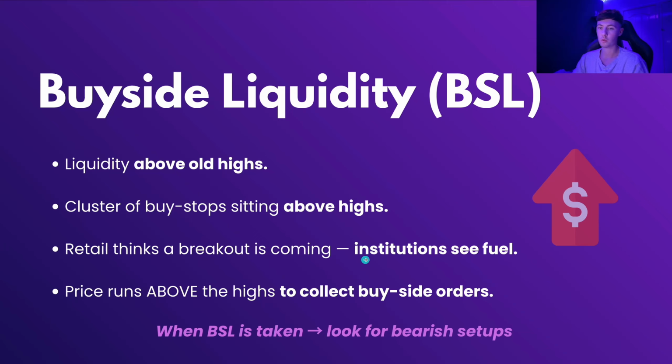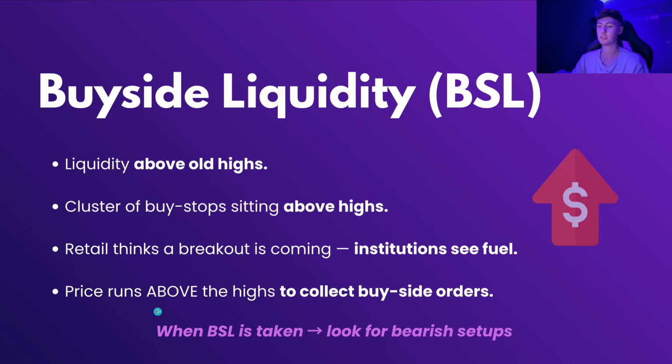But institutions have known for years that retail have done this, and when they see a specific high in price, all they say is just liquidity. And then typically what you'll see is price will run above those highs to collect buy stops, and then they'll just dump price. This is called a liquidity sweep. So now when price runs above that high, all of those early retail traders who are short have been stopped out of their trades at that specific high, as well as breakout traders who are now entered in their positions looking to go long above the high, and their stop loss will be below price's internal range.